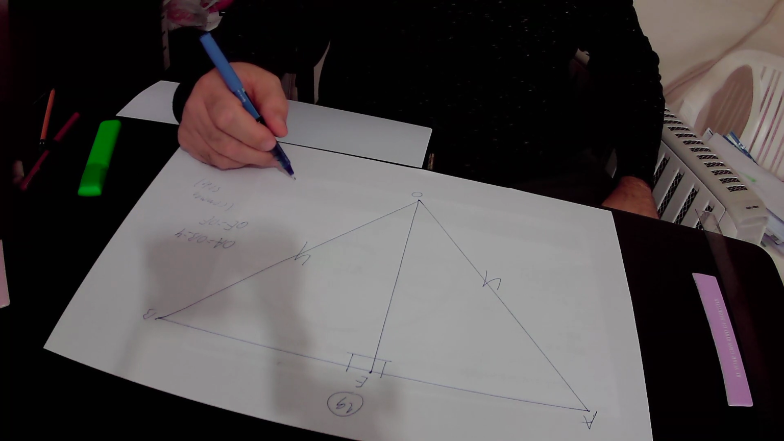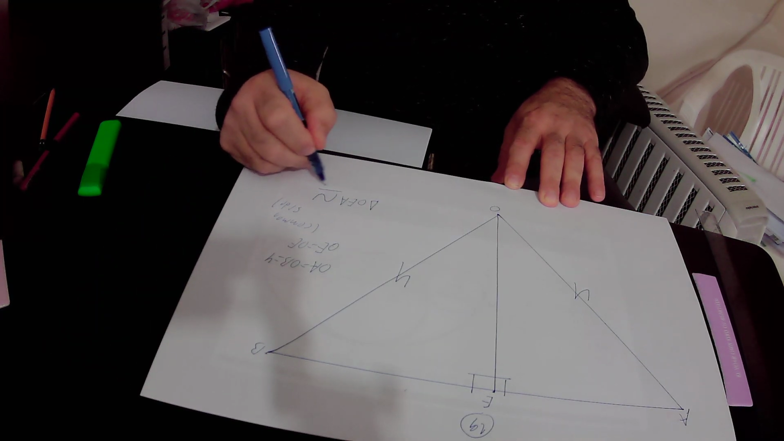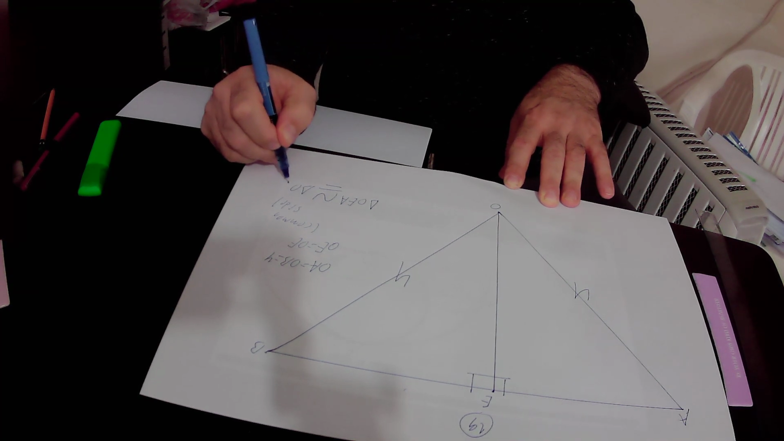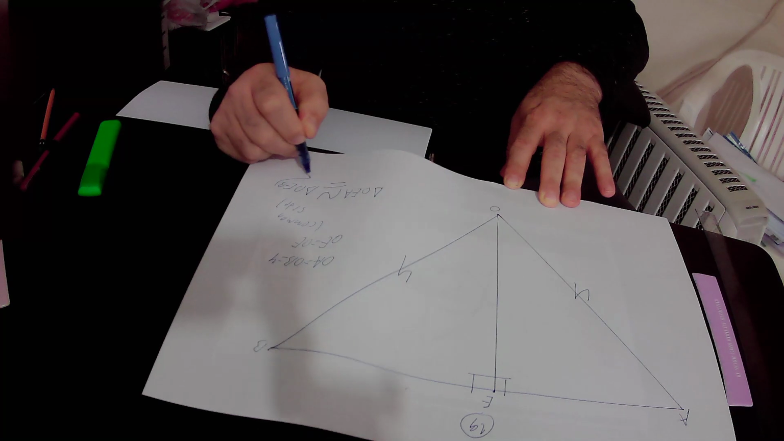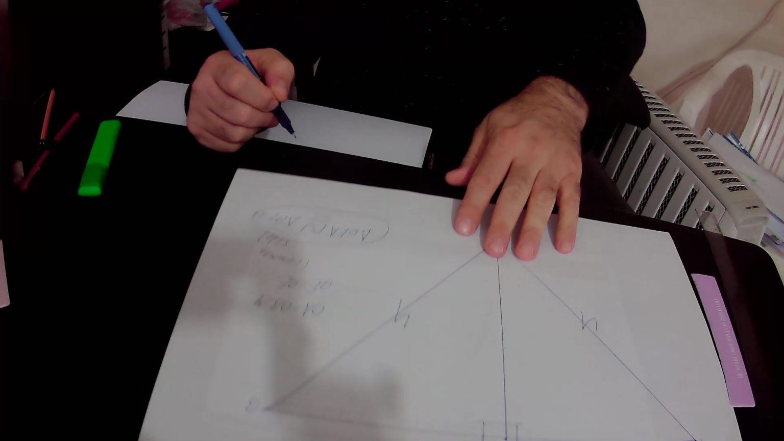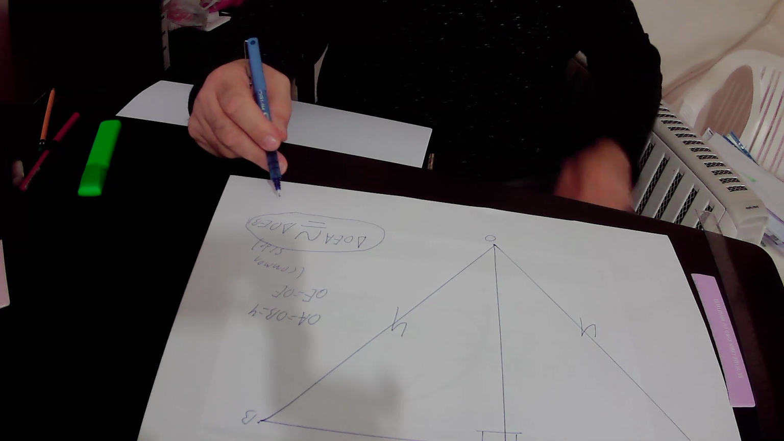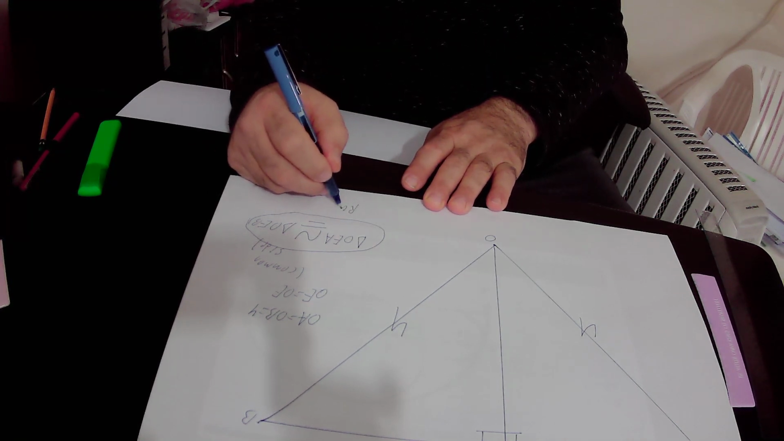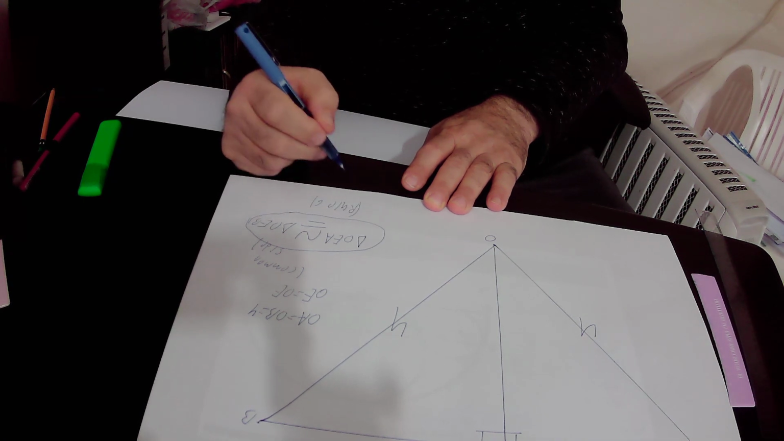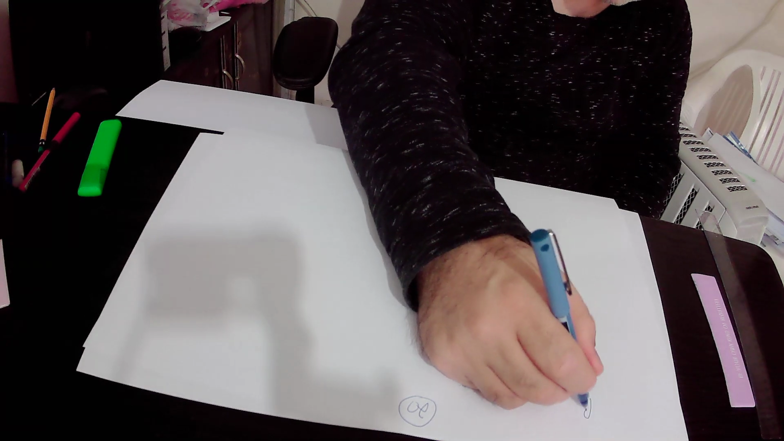So triangle OEA is congruent to triangle OEB. This is the sign of congruent. And they can go into each other according to rule number 6. Okay? So what is rule number 6? Rule number 6 states that